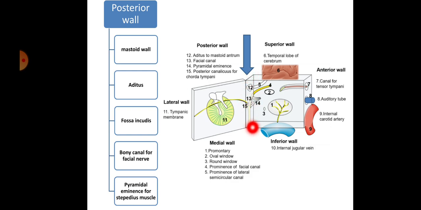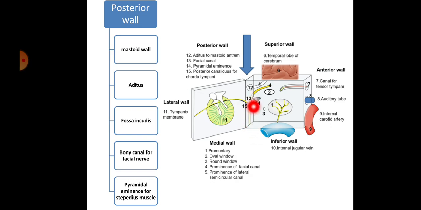In this wall, in the upper part, there is one opening. Through this opening, the middle ear connects to the mastoid antrum. The middle ear posteriorly connects to the mastoid antrum through a canal, and that canal is called the aditus. After that, there is a depression in this area called the fossa incudis. What is this fossa incudis? This is the incus. Here the lateral wall is opened; imagine it is closed, then the incus is lodged here. That depression is called the fossa incudis. And in the posterior wall, especially in the inferior part, there is one nerve ascending upwards in the bony part.